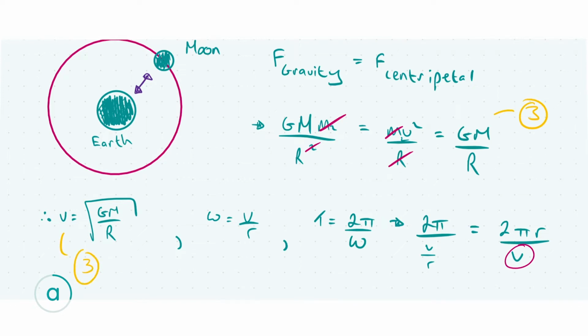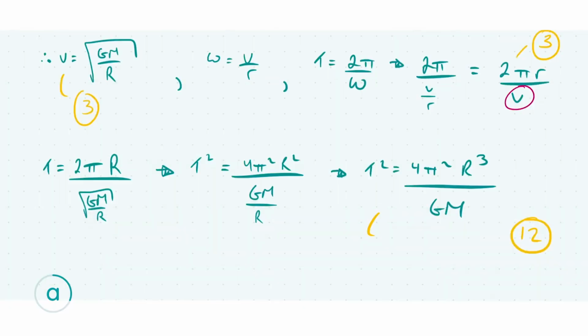In this case, you could have had just velocity on its own, or v squared also would have worked perfectly. And another 3 marks were going for this expression over here for the periodic time in terms of your radius and your velocity. You got your final 3 marks for correctly getting to the formula here that we got at